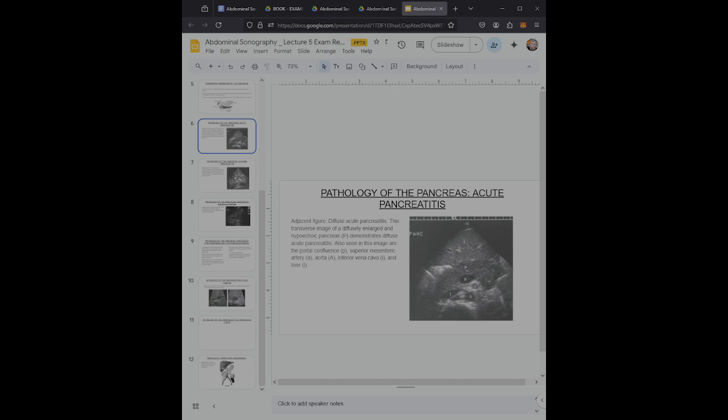So clinical findings include elevated amylase, elevated lipase, leukocytosis, elevated ALT and other liver lab values, abdominal pain, back pain, fever, nausea and vomiting, and severe acute pancreatitis. Sonographically, the pancreas may appear normal, or it might be diffusely enlarged with some hypoechoic areas, or there might be a focal hypoechoic area. The pancreas might be unencapsulated with an